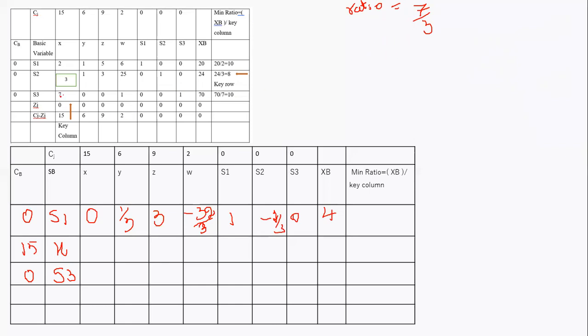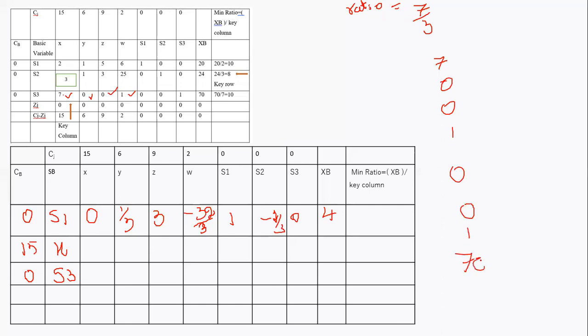So now again let us write the old row. Old row means the number which I want to make 0, that represents the old row. So that means it is 7. The next entry I have got 0, and then I have got 0, and then we have got 1, then 2 zeros, and then we have got 1 and 70.